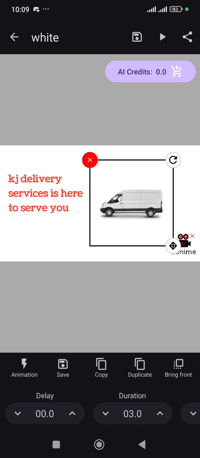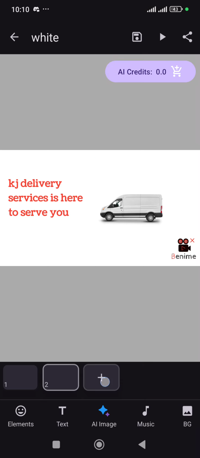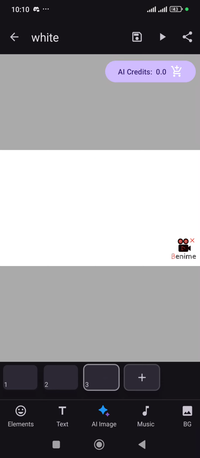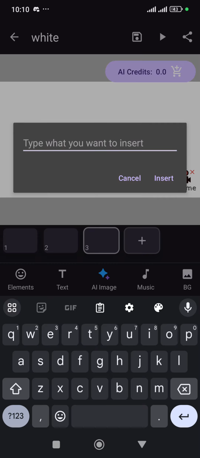For every image, you can always change the duration, play with animation and other features here. So I'll add a third page now, and then add a text and say,